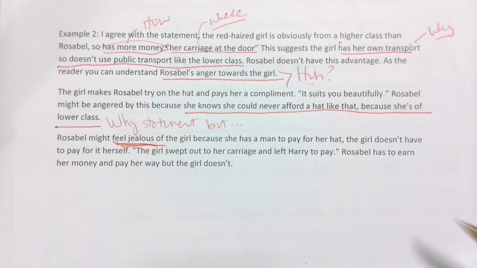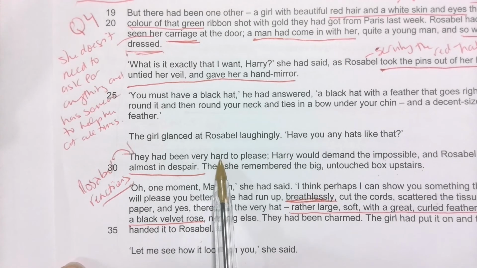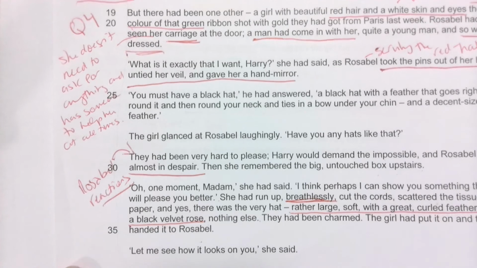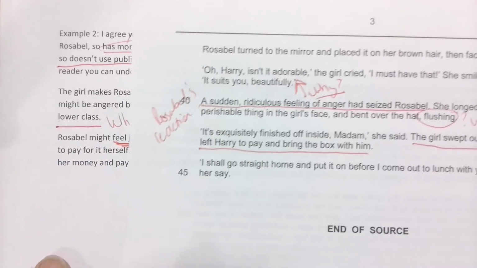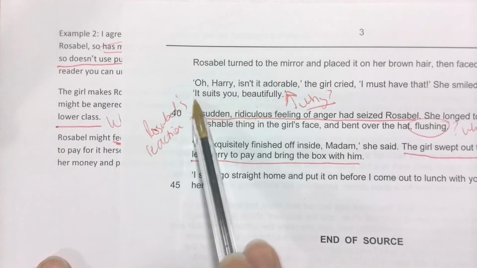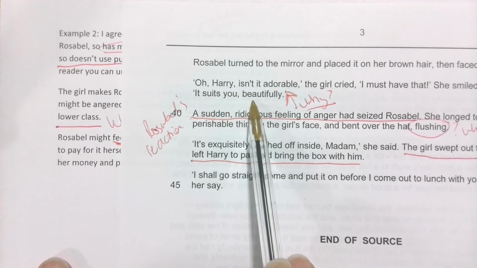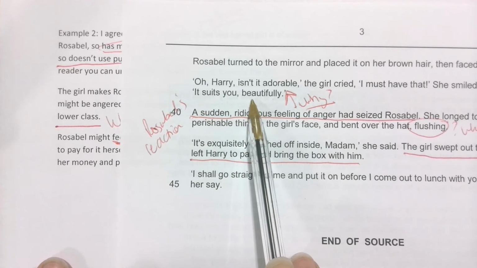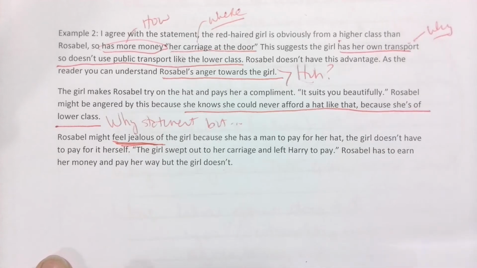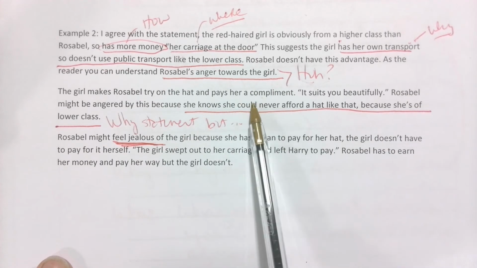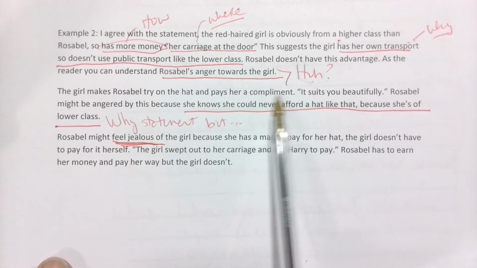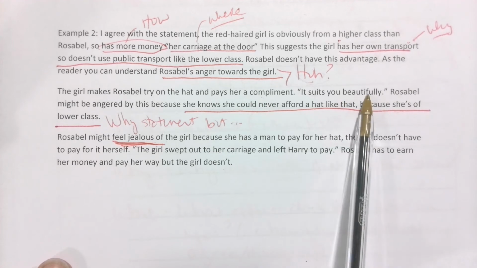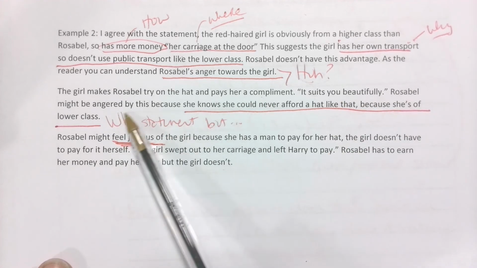But this person doesn't explain that Rosabel even felt jealous, especially because when she gets angry, she gets angry here because they'd been hard to please and demanding the impossible, and she gets angry once at this whole statement when the girl says that the hat suits her beautifully. This might actually even be useful to back up this, well, because it says it there. Yeah. And I would maybe respond that, Rosabel.